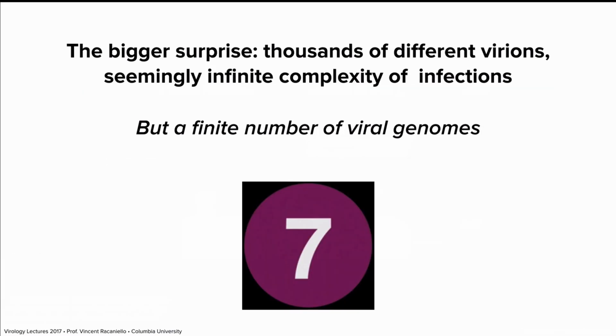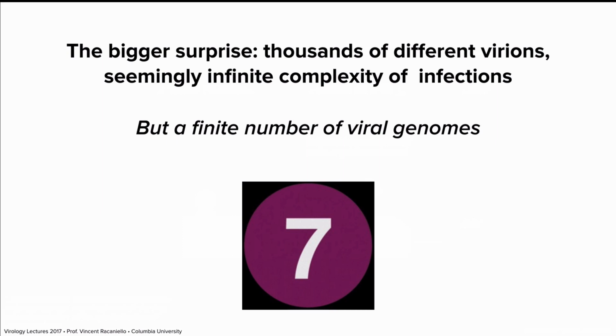Now, since the 50s, actually since the early 1900s, as we spoke the other day, many, many viruses have been discovered. Thousands of different viruses with a seemingly infinite complexity of shapes and genomes. But in fact, studies from the 50s to the 60s and 70s showed that there is a finite number of viral genomes. And I have picked the number 7 subway sign so that you will remember that. You can't forget it next time you go in the subway and you see the number 7, or even if you see the 1 or 2, you'll think 7 and you're going to remember the number of genomes, the 7 train. 7 different genome types. Despite having thousands and thousands of different kinds of particles, only 7 different genome types.